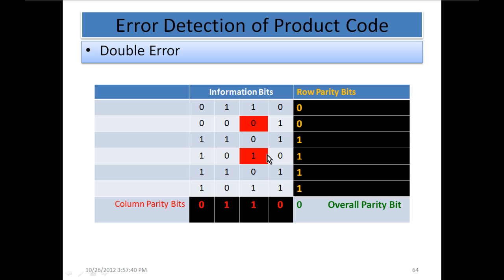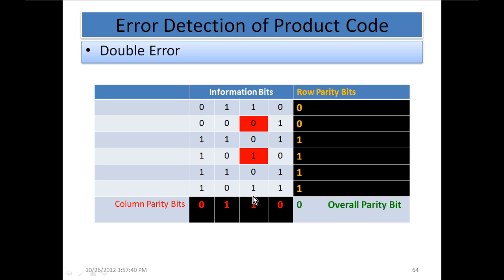Now it depends on the algorithm whether you want retransmission or whatever you want to do, but this is a case where the error is detected but cannot be corrected. It only detects that an error has occurred, but it cannot determine its location, because there are an even number of errors in the vertical code word for even parity.